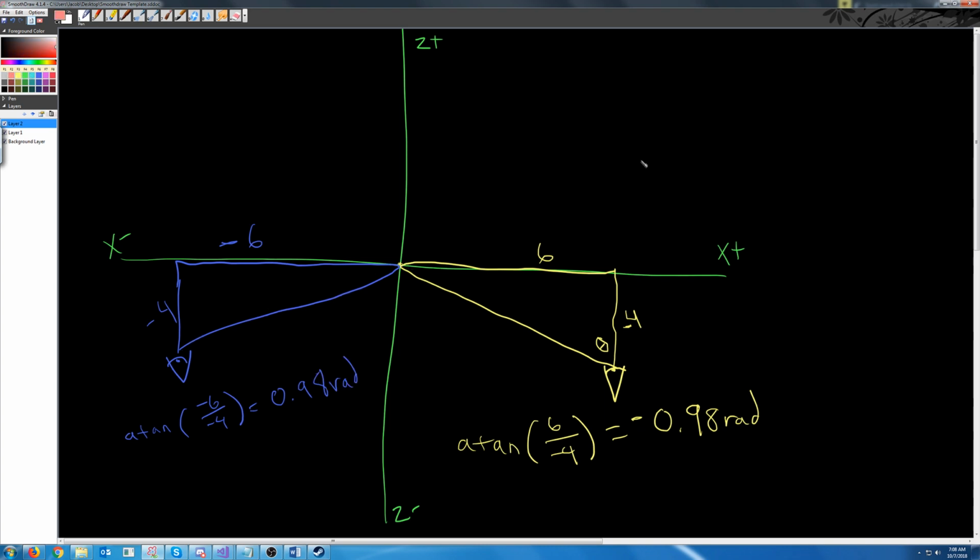However, where it becomes a little bit tricky is what if we started up here? Because you see, in this situation, we might actually have to turn more than 180 degrees. And arctangent, when we are using it, we should only be getting something really between 0 and 90 degrees, because we have a right triangle, and triangles can only have 180 degrees. Well, what we will do is, first we know that we have to completely flip the direction that the eye is facing. So first, we will rotate it by pi